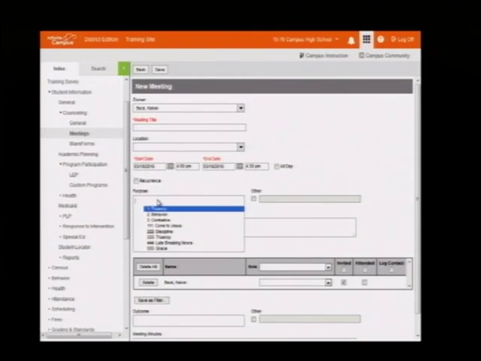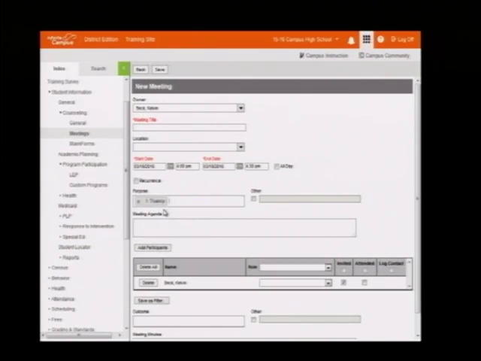Now the difference is with Purpose, in your S&I page currently, I would have to create a separate S&I entry if I was meeting with a student about more than one thing, correct? I don't know if I said that right. Okay. So if I had more than one purpose, I would have to have more than one entry. In Campus, I can say I met with the student about their truancy issue as well as their behavior issue. And if you notice, while I'm clicking items, they no longer appear in the list for me to select because I've already made them a part of my purpose. Okay? Now, if I see something that is not in the list that I want to meet with the student about, I'll just click Other and type that in.